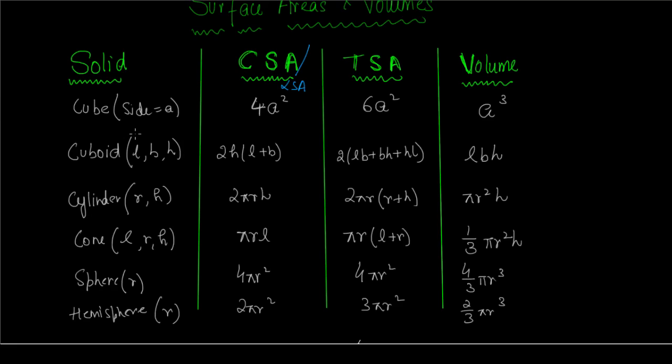So first we take the cube. Cube is just a solid with 6 square faces, with every edge equal. And let's let that edge or side of the cube be A. Then the CSA or the LSA, in this case it will be LSA, that is lateral surface area, because it's not a curved solid. It will be 4A square, because we are only considering the 4